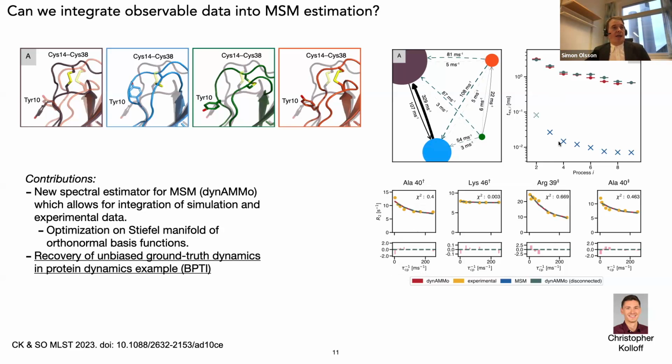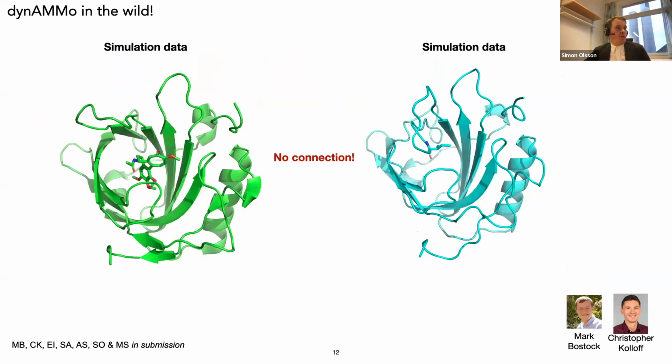And we can also see that in the cases where we haven't seen the rate, here we see the different eigenvalues, or a value that is related to the eigenvalues, which is related to the timescales of the system, we can recover those values even if we haven't seen the process in the input simulation data. And so we extended this to a practical case where we didn't have a ground truth, but